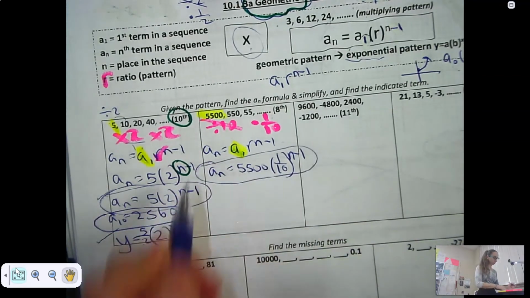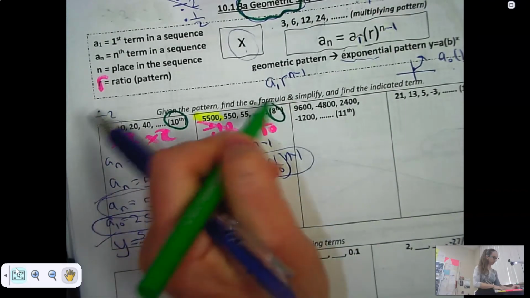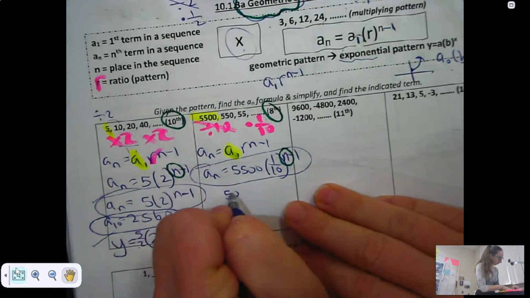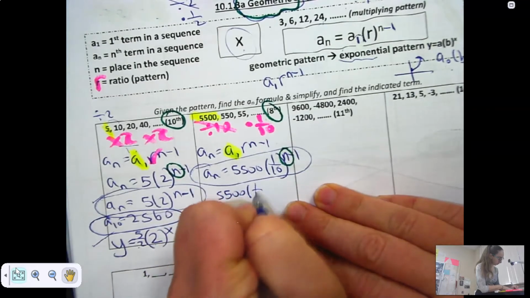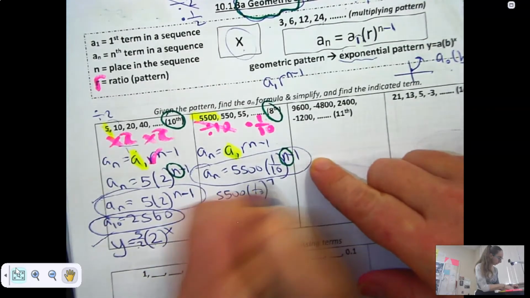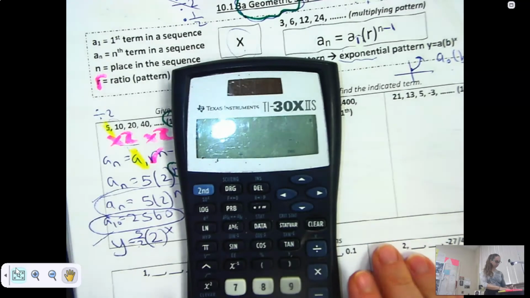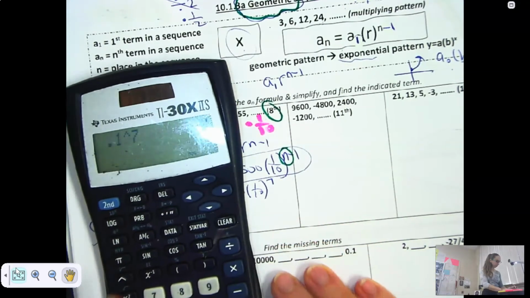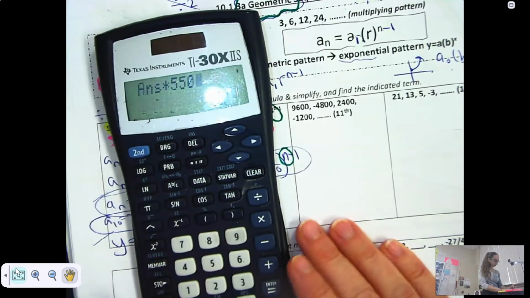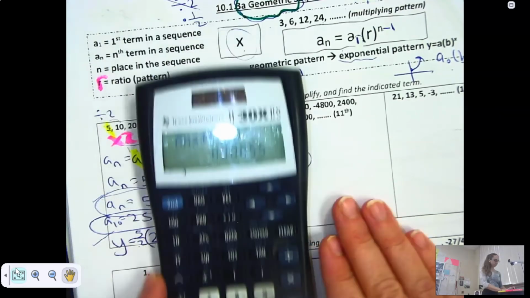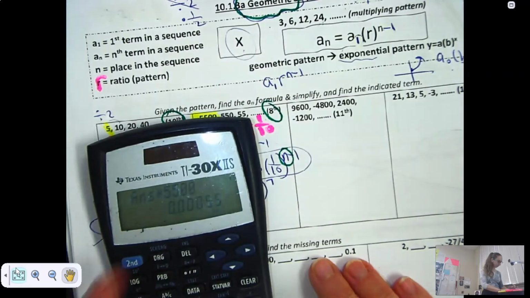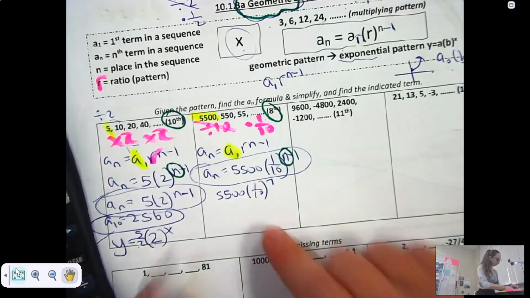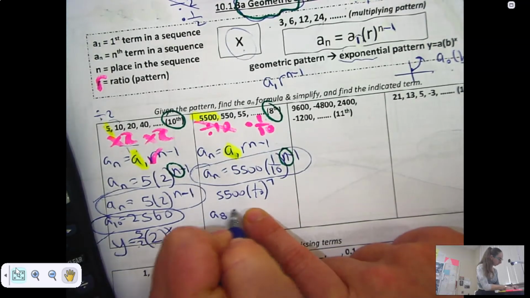Now that I have my explicit rule, I can plug 8 in here. So I'm going to go 5,500, 1/10, and then 8 minus 1 is 7th. So 0.1. 0.1 is equivalent to 1/10. To the 7th. It's a very simplistic calculator. And I get 0.0555, but maybe I'll see what it looks like as a fraction. Oh, it's not letting me do it. So then my 8th term in the sequence is